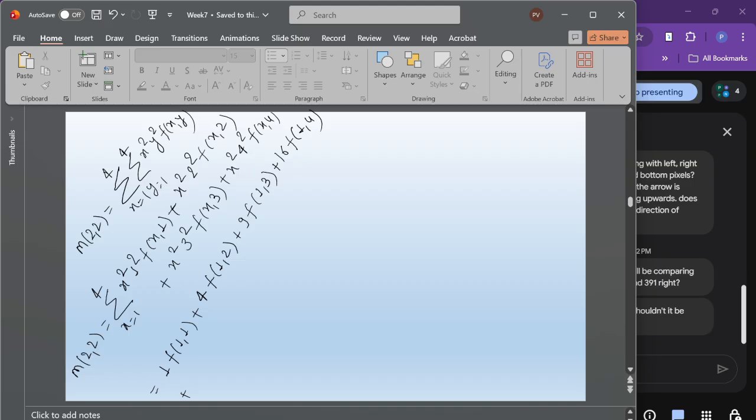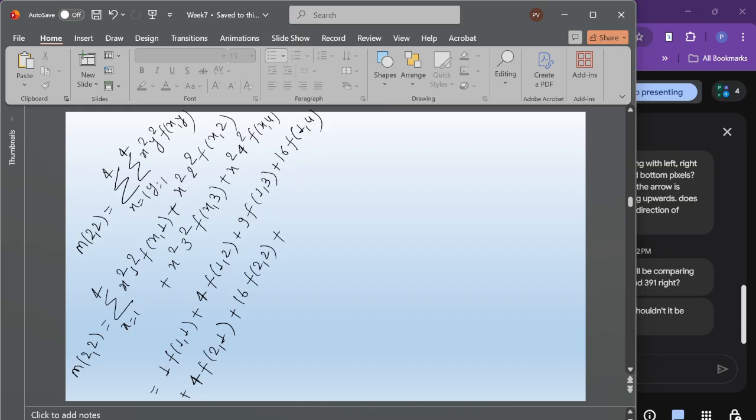I'm taking the 1 and directly multiplying and writing. Now similarly we need to put for 2 also. So here x is equal to 2, so 2 squared, 4 f21, right? And here 4 and 4, so 16 f22,